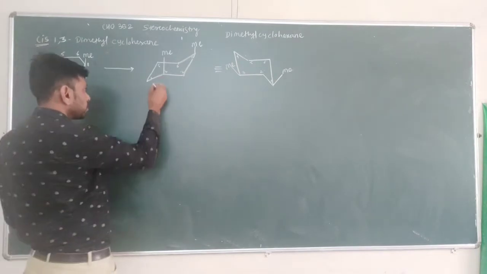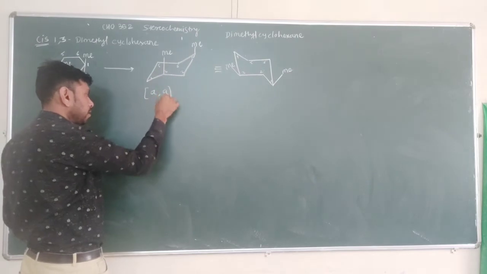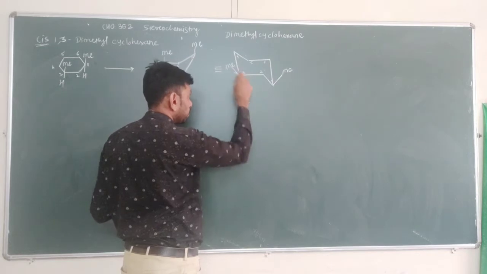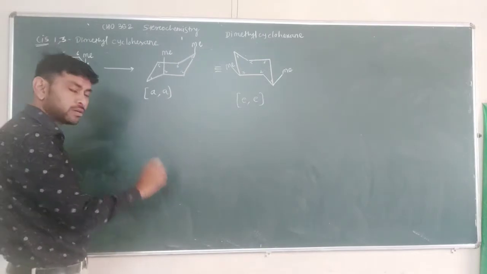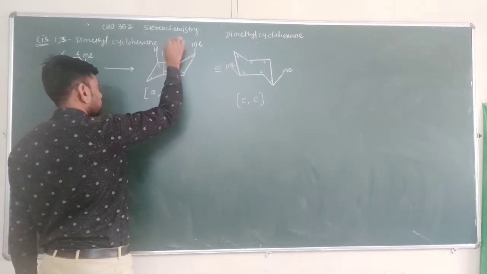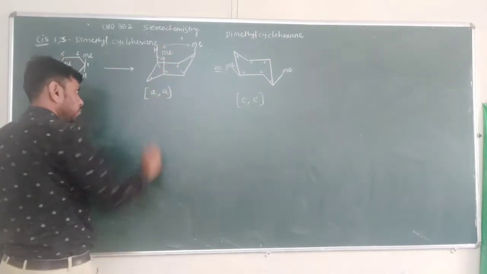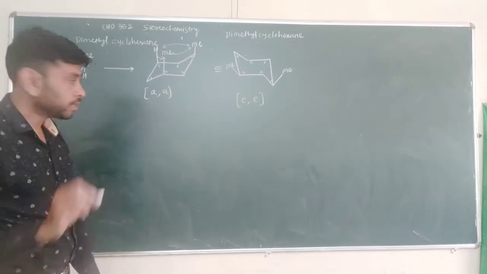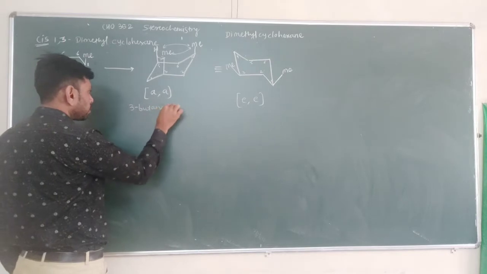Okay. Here we obtain structure 1, 3. Methyl 1 is axial, 3 also axial. In the other case we obtain methyl 1 equatorial, methyl 3 equatorial. As we know, equatorial structures are more stable due to less interaction. Let's see the interactions here. Here butane gauche interaction, here also butane gauche interaction of 2 methyls, and here butane gauche interaction between these 2 methyls. So 3 butane gauche interactions are there.